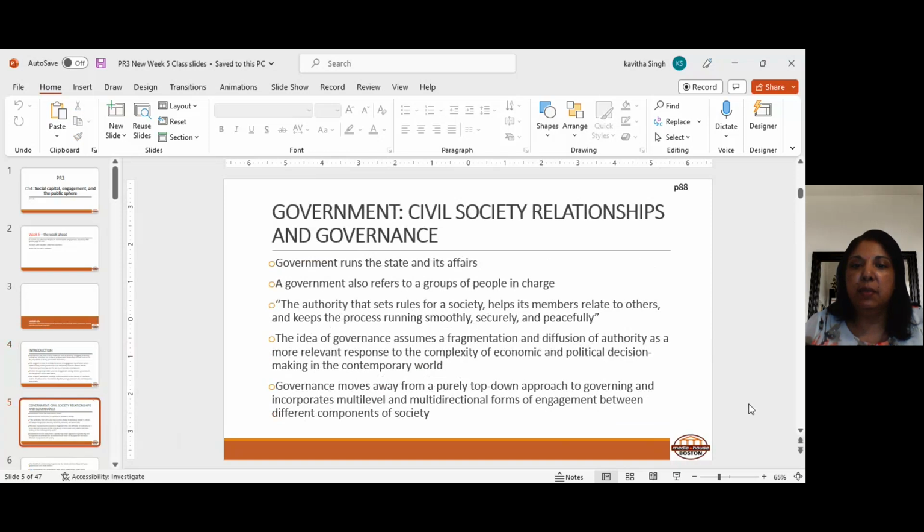So, the government and civil society relationships and governance. Government runs the state and its affairs. So in South Africa, we have a government. It consists of various ministries, and each of these ministries is responsible for, for example, if today was the proposed